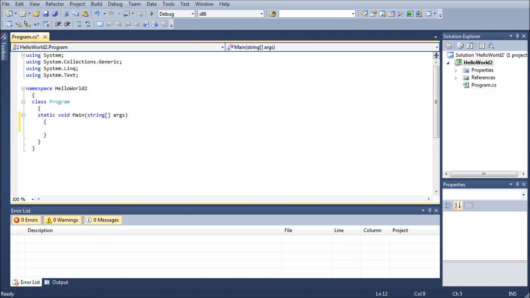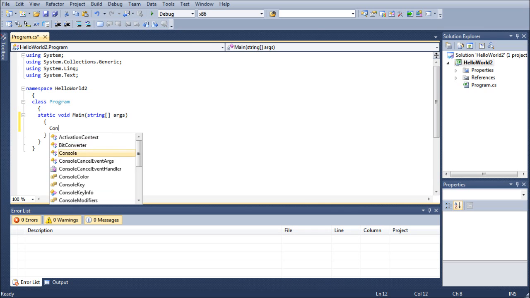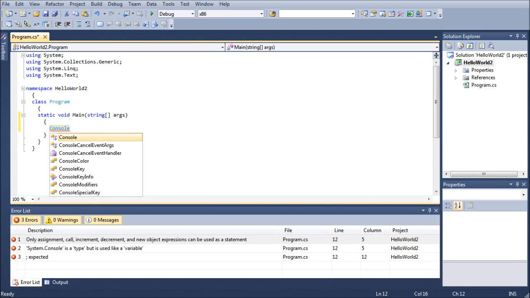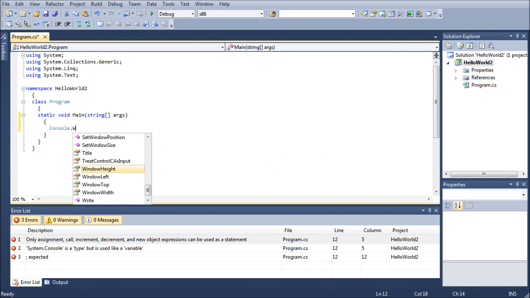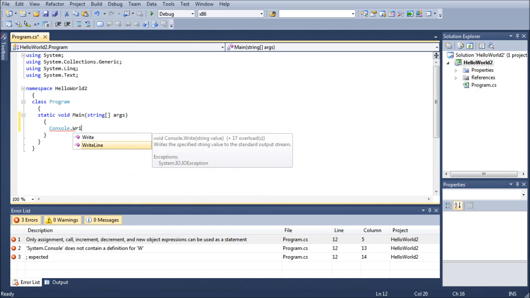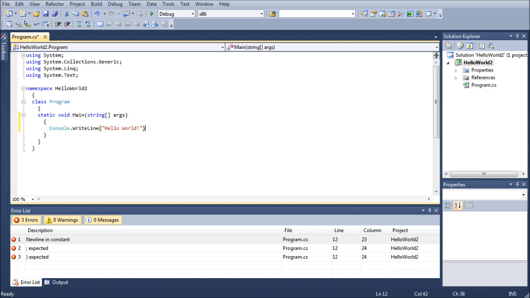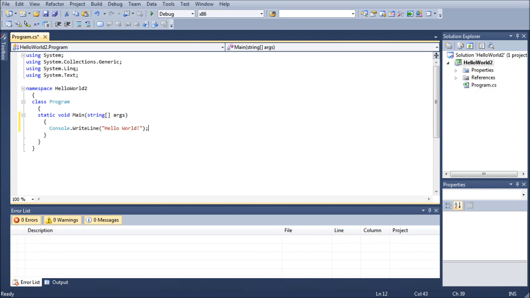So the first thing I'm going to do is type Console. And as you can tell, as I'm typing things in, it automatically gives me some options about what I might want. So if you weren't quite sure what you wanted to do, you could always just use your arrow keys to select what you wanted and hit enter, and then just fill in the rest of the syntax yourself. So we're just going to type in Hello World,